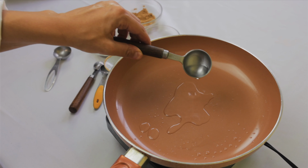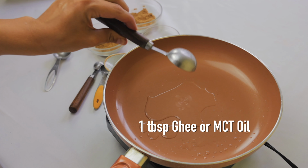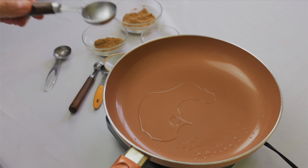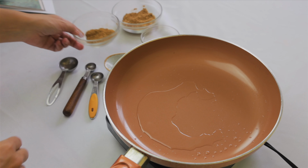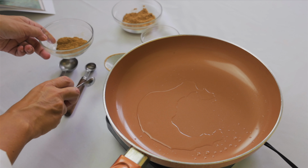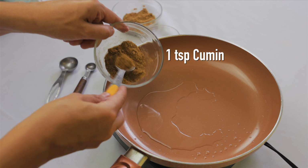First, we are gonna add 1 tablespoon of ghee for a non-vegan version, or MCT oil, medium chain triglycerides, which is a great fuel for your brain and body. When the oil is warm, we are gonna add the spices that are really good to aid digestion and decrease inflammation. So we are gonna add 1 teaspoon of cumin,